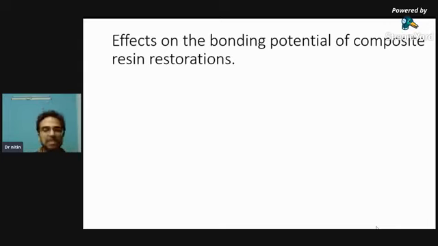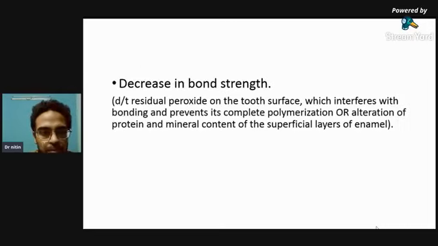because after bleaching, if you are planning any restorative treatment in terms of direct composite or indirect porcelain laminate veneers, that is, any bonded restoration, you should know what to do after bleaching, whether you have to apply protocols on the tooth, so that you can do a bonded restoration immediately after your bleaching, or at least wait for 7 to 10 days.